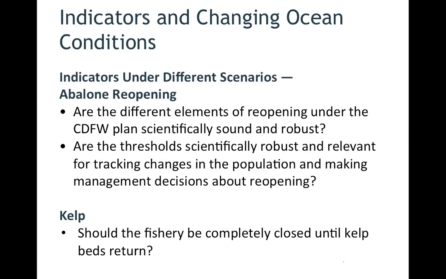These are primarily Nereocystis, the bull kelp beds. They're a little bit difficult to resolve, but it's possible. Having said that, there are a lot of different kelp species, but they're just not visible from the air. And so we are not going to take a position on whether they should be closed until the kelp beds return. We're going to make comments upon the use of a particular metric, these aerial surveys, as an indicator